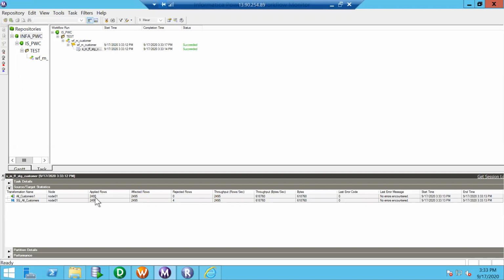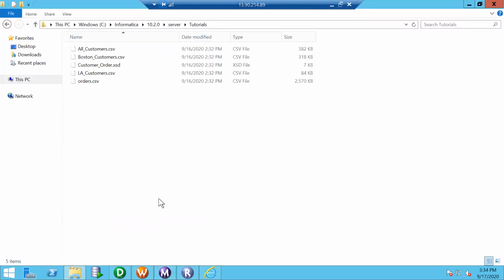Okay, there were around 2,495 records loaded in the target. However, at the source level, 2,495 are read and 4 were rejected because of data types or lengths and stuff. If we see, it managed to read everything in a single go. So throughput, all the records are read in a single second. Number of rows per second, and how much time it has taken to execute the workflow, those details can be obtained from the monitor. So now we understood it got succeeded, and then the data is written.